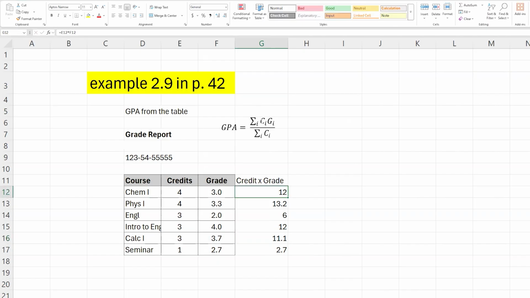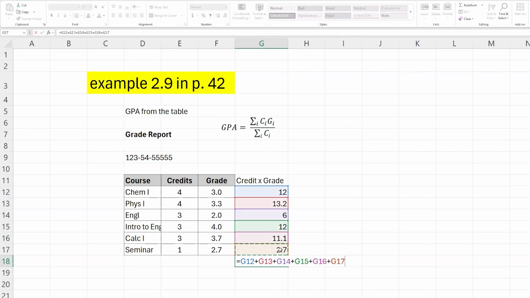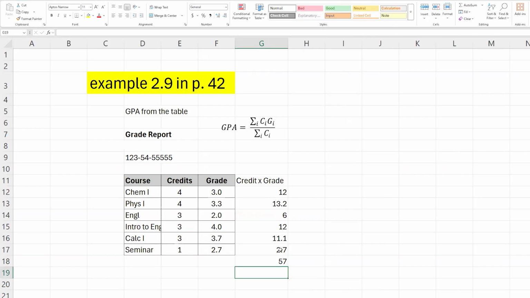So I computed all these credit times the grade for each individual course that I took, and then I need to add all those together. Maybe I can put it here. So I'm going to add this plus this plus this plus this plus this plus that. After that, you hit enter, just like this, right? And so this is here,